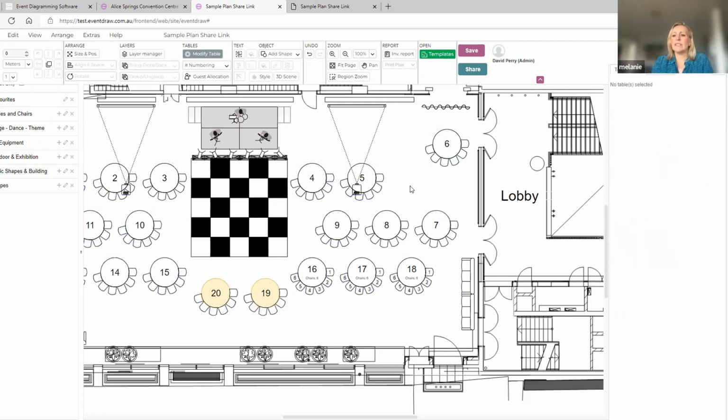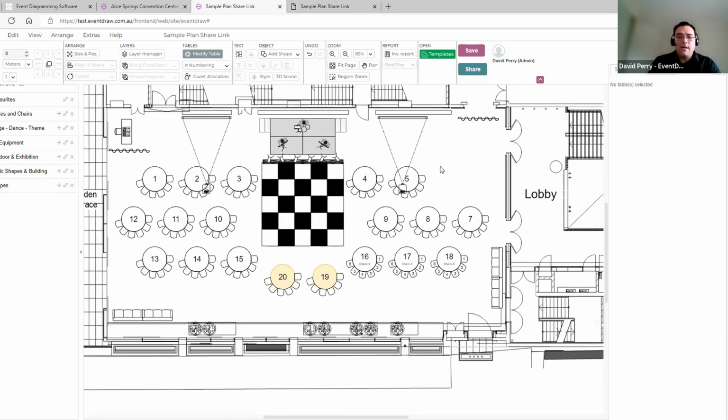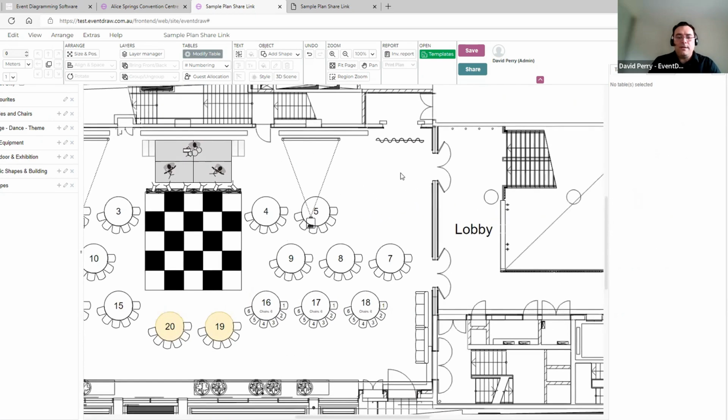Amazing. We actually did have a question come through, and it's interesting. We had a similar question yesterday. Can you please show how to set the service parameter? So we did discuss this yesterday about egress. Oh, sure. Yeah, absolutely. The best way would be to put your egress on a layer. So to do that, we can add a shape,